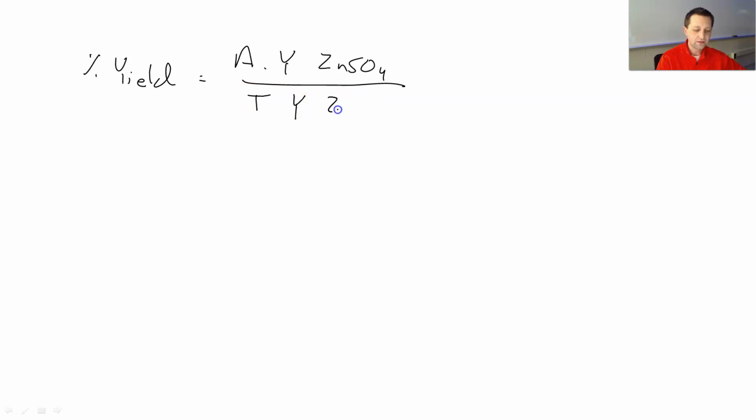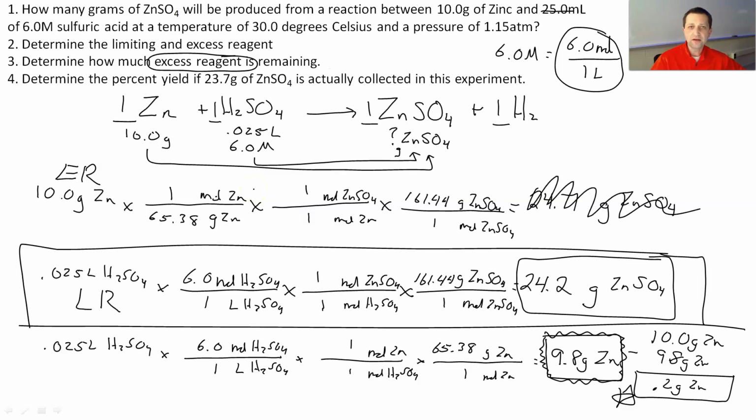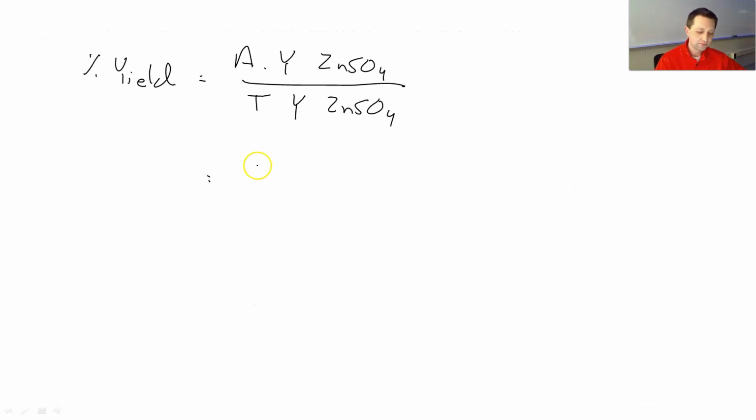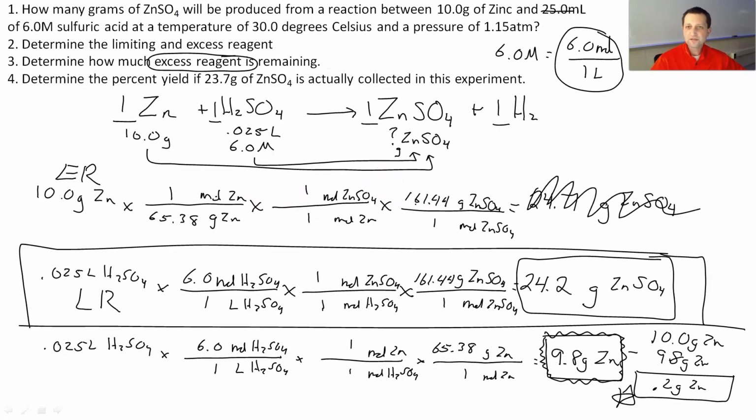So, new slide here. I want to make my percent yield formula. Remember, that is your actual yield of, in this case, zinc sulfate over theoretical of zinc sulfate. The actual yield was in grams, right? It was 23.7 grams of zinc sulfate. And, this is mostly done for us here. I need the theoretical amount of zinc sulfate I should produce. The theoretical amount is going to be right here. We already solved for it. Okay, so the theoretical amount is 24.2 grams of ZnSO4